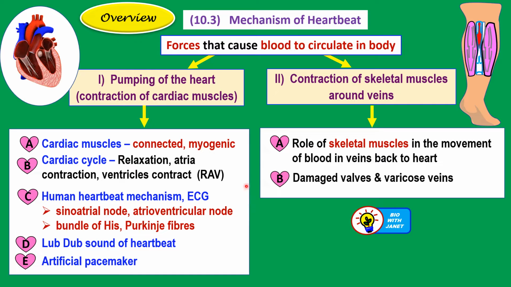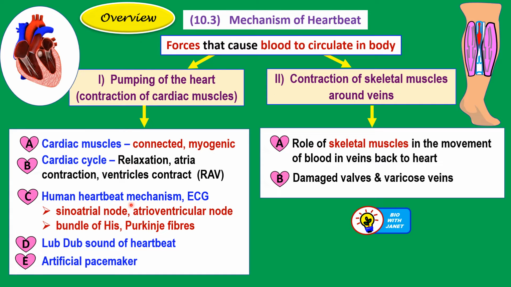Now, for number 1, pumping of the heart, we are going to discuss firstly the characteristics of cardiac muscles, how are they adapted for their function. So they are connected to each other and they are myogenic. Now, secondly, what is the cardiac cycle? So in the cardiac cycle, there's the relaxation of the cardiac muscles, relaxation of atria and ventricles, followed by the contraction of atria, and then the contraction of ventricles, okay, according to the acronym RAV,